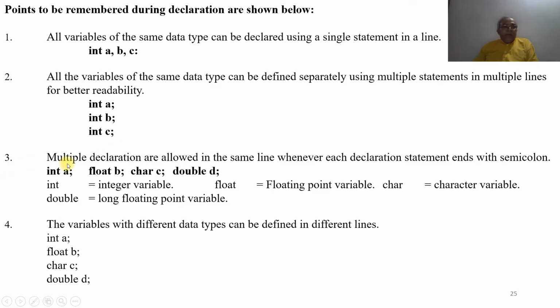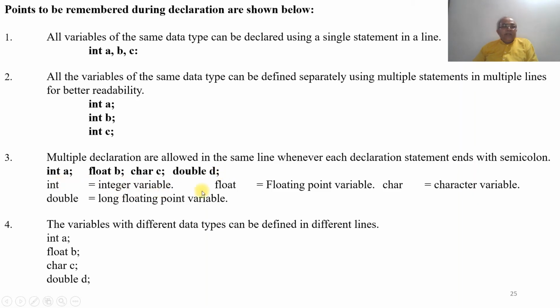Then point number 3: multiple declarations are allowed in the same line whenever each declaration statement ends with a semicolon. In the sense that int a semicolon, then float b semicolon, then char c semicolon, then double d semicolon.